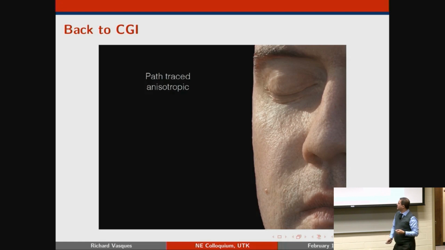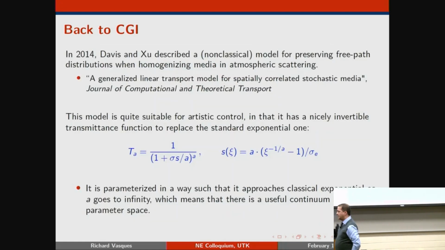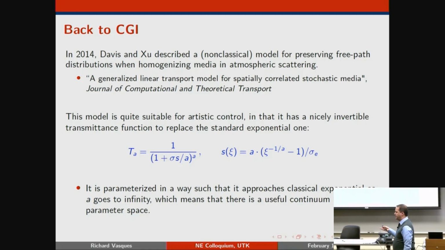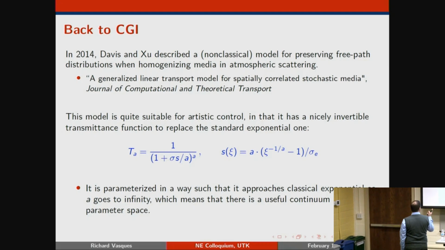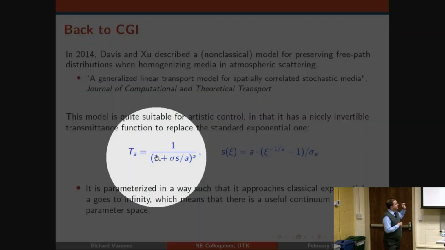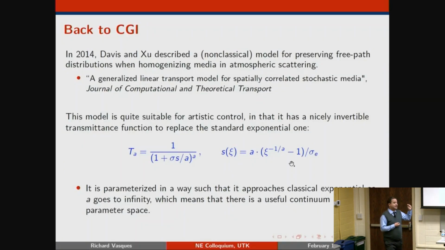So it turns out that with this non-classical equation, you can look at it from a transmittance point of view in the atmospheric sciences. This was done a few years ago by one of my colleagues, Anthony Davis at JPL, Jet Propulsion Lab. We have a project together. You can get that non-classical equation and show that if you have something that looks like an algebraic decay, you get a parametric transmittance equation that's pretty easy to work with.